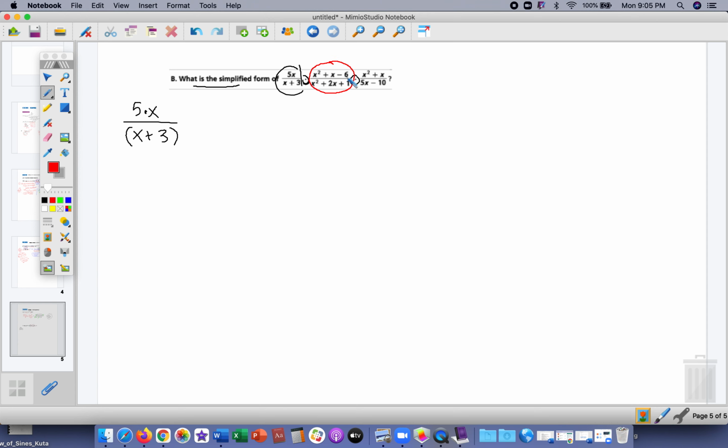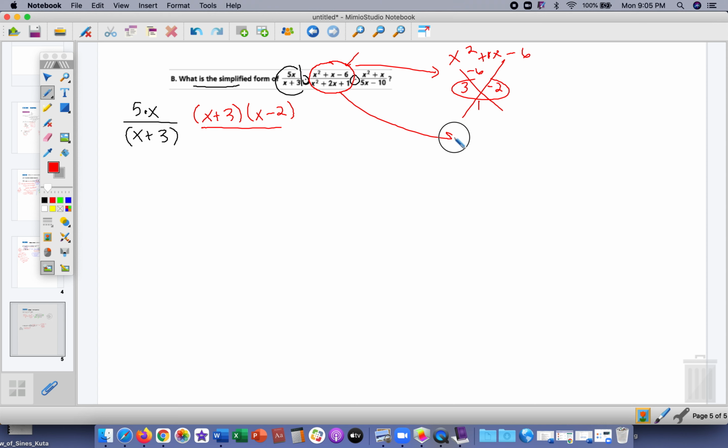In the numerator, we have x squared plus x minus 6. So we're going to see if we can factor. What combo multiplies to -6 that adds to 1? So it's 3 and -2. So our numerator, we're going to write as quantity x plus 3 times x minus 2 all over